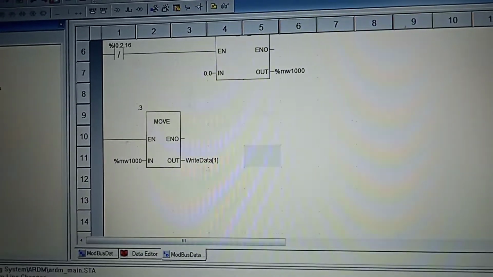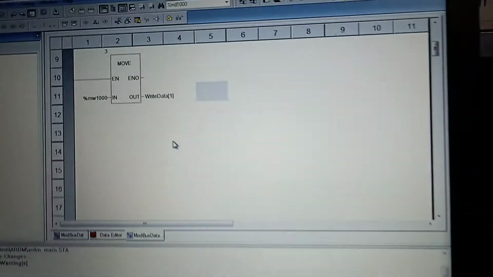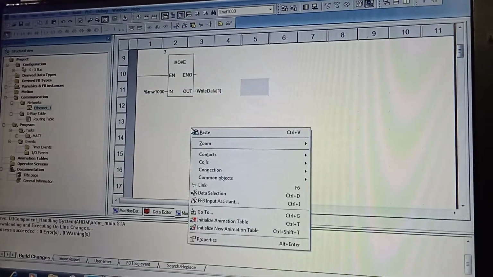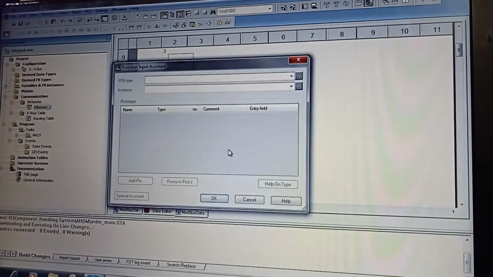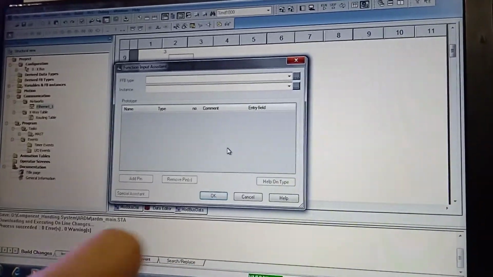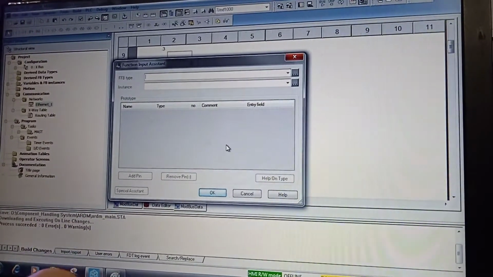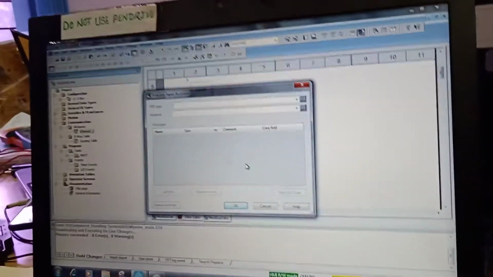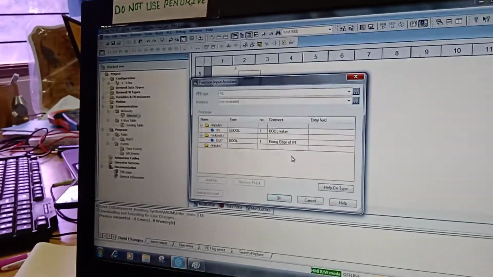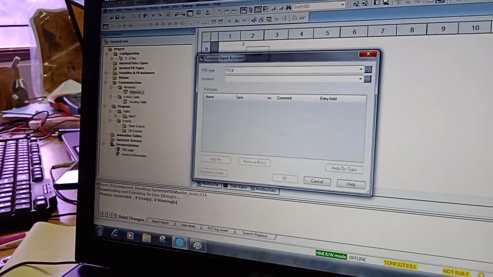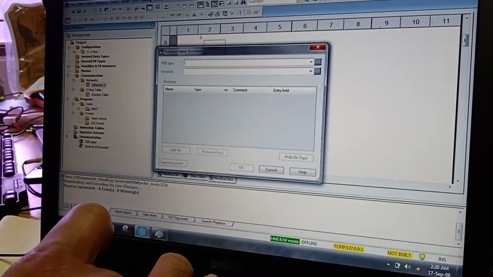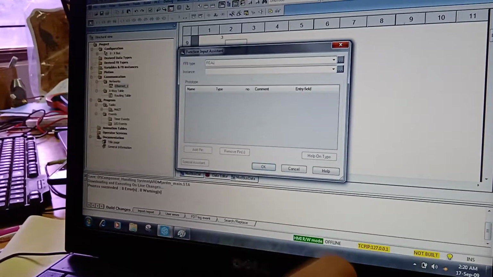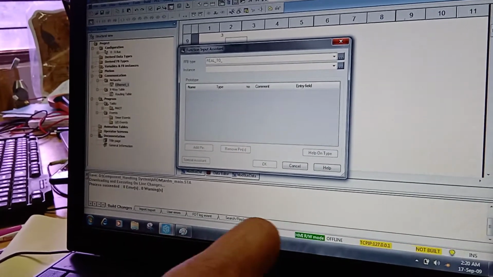Similarly, if I now want to send analog data, it is similar. I will first convert the data, real to int.